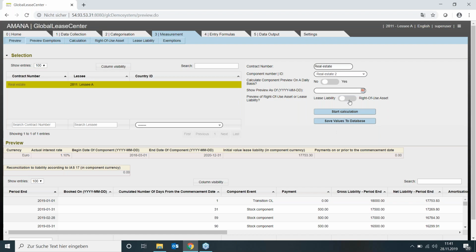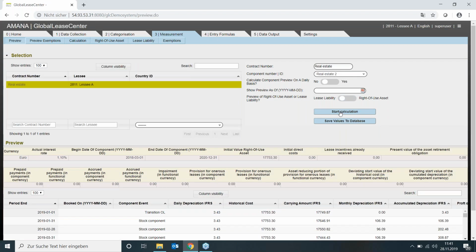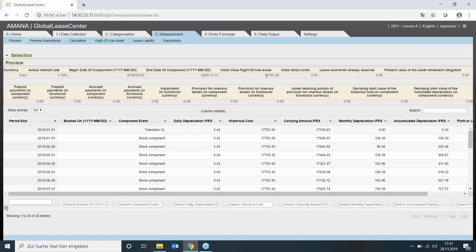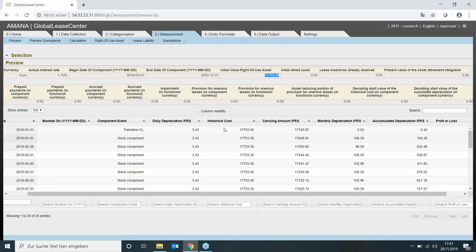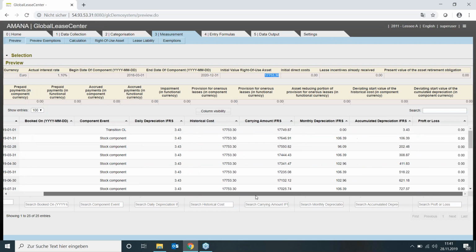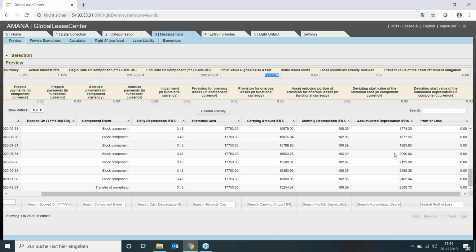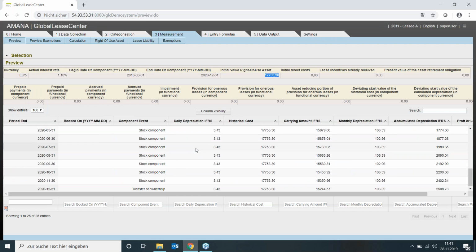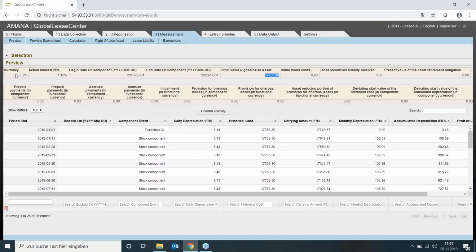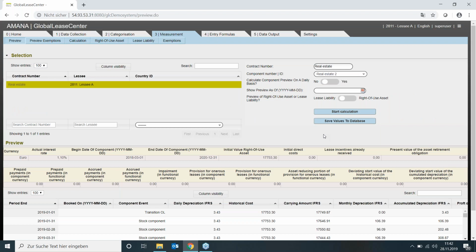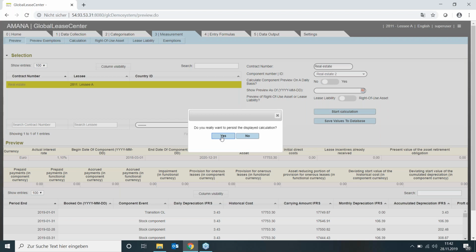But before we do it, this was the side for the liabilities, and here we can check the right of use asset. Here you see, for example, the initial value of the right of use asset, the historical cost, the daily depreciation, the monthly depreciation, and the accumulated depreciation until the end of the contract term. Okay, fine. Here we say the entries are correct, and you can click here, save values to database,